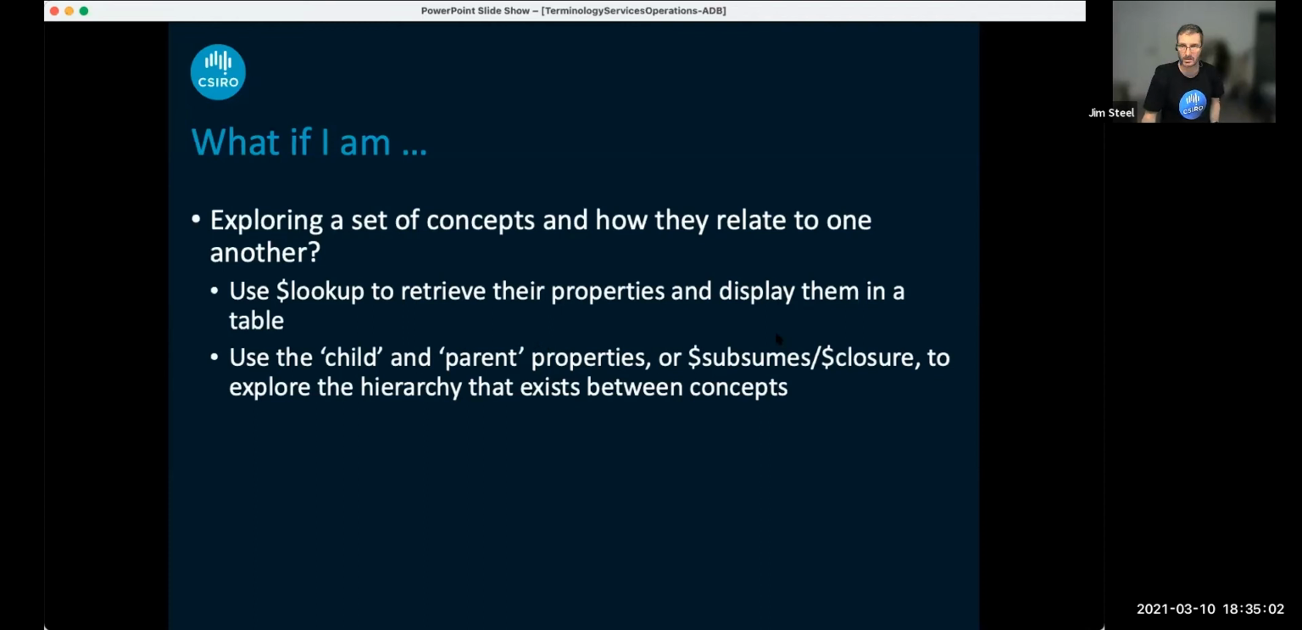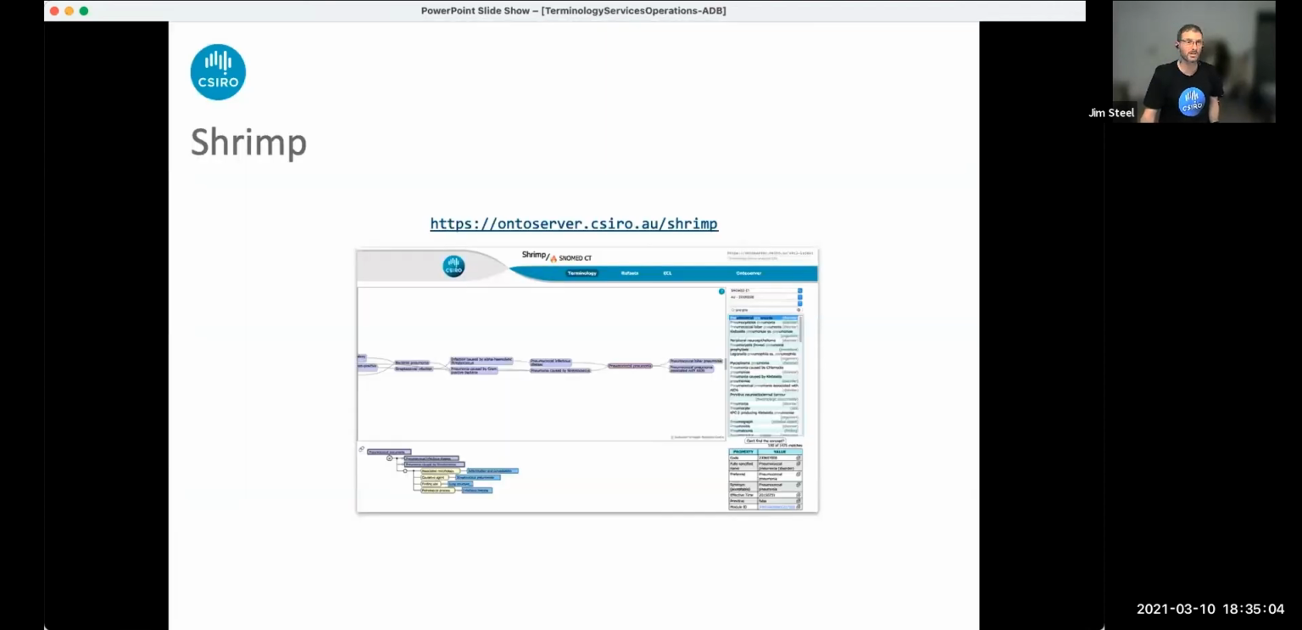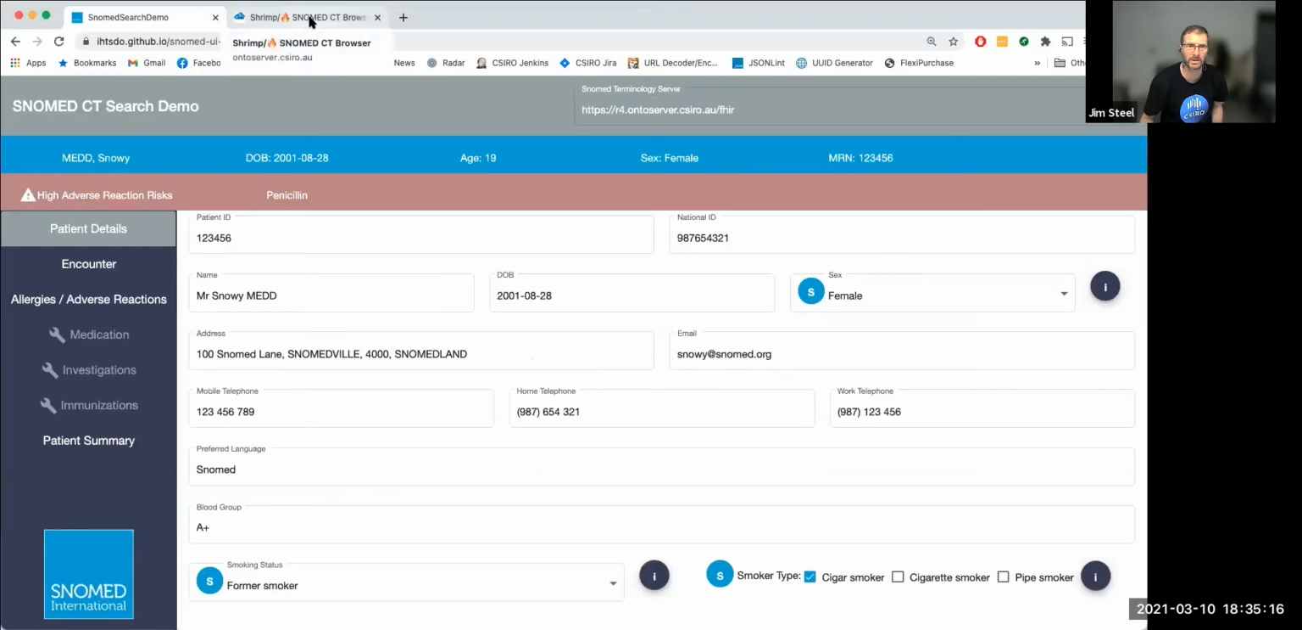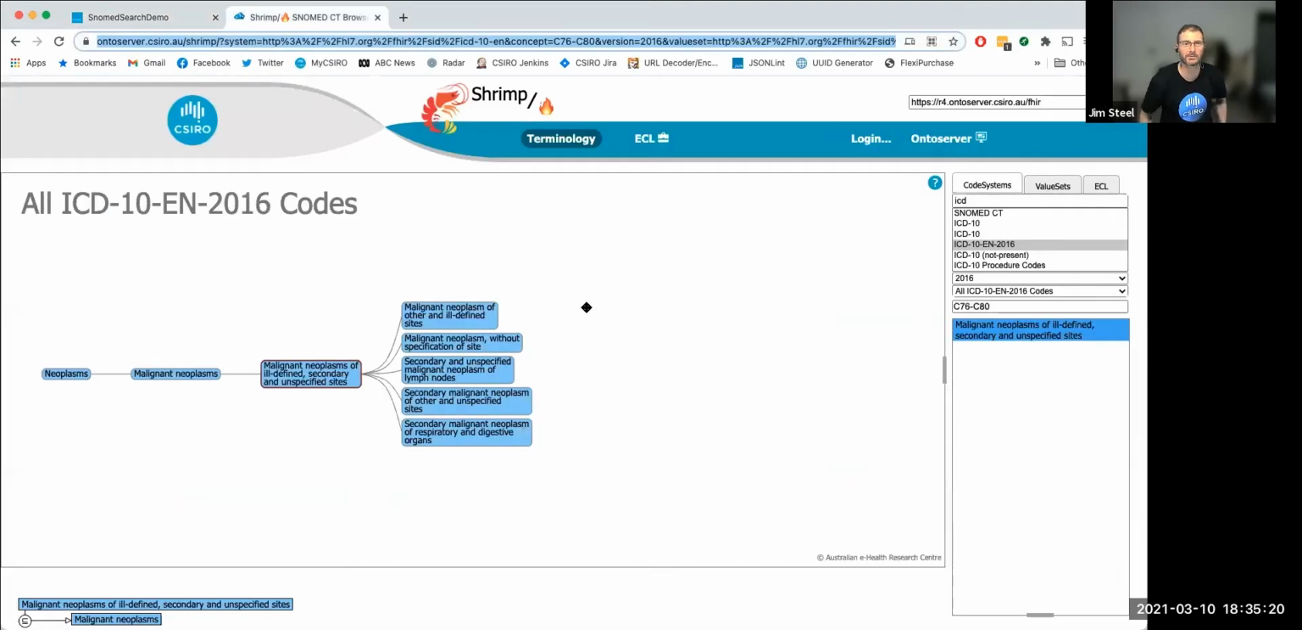So we'll see an example of that as well. So just before I illustrate this, I'm going to switch across again to a quick demo. In this case, it's of our Shrimp browser, which is a free code system browser that's available online. And the URL for that will be in the slides. And the Shrimp browser makes very extensive use of this lookup operation that we're about to learn about. So if we're interested in